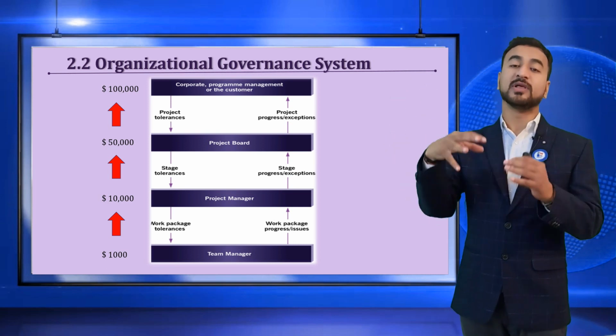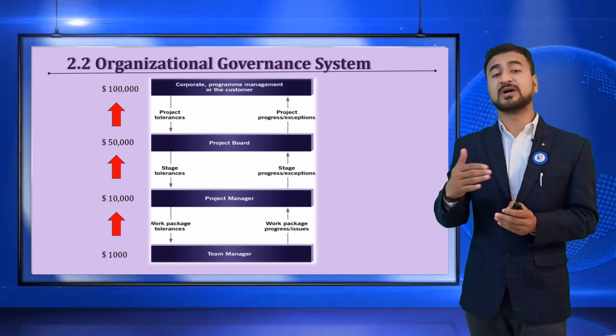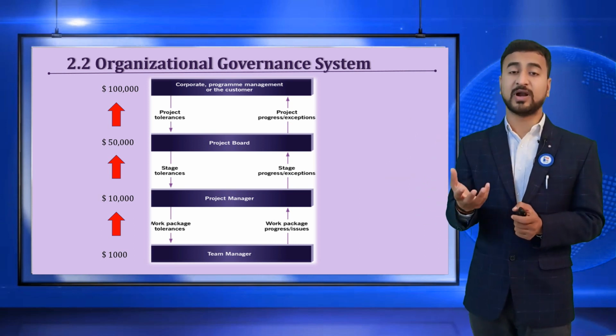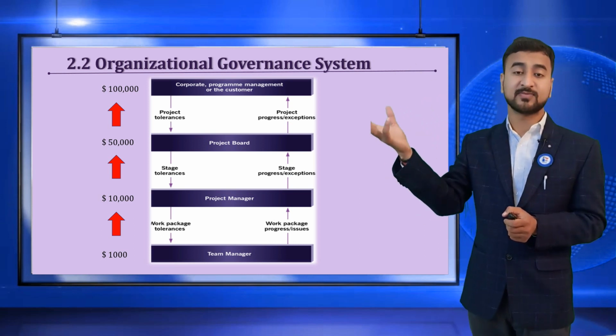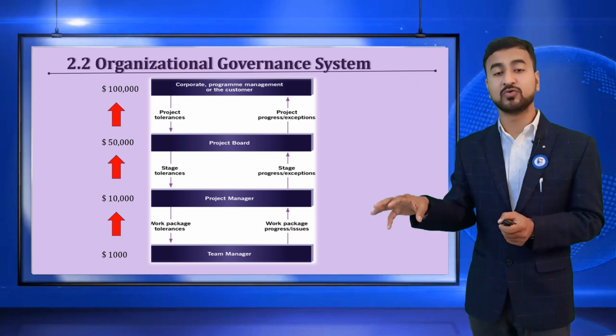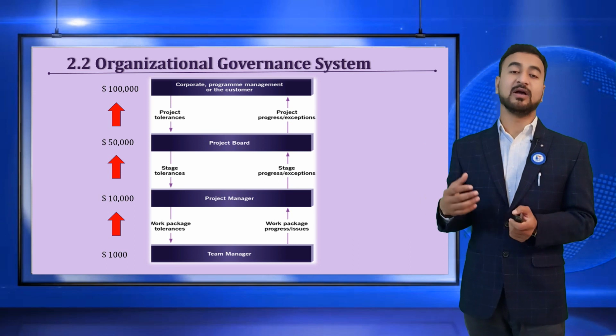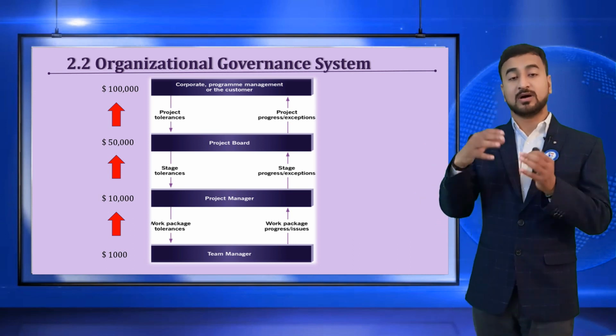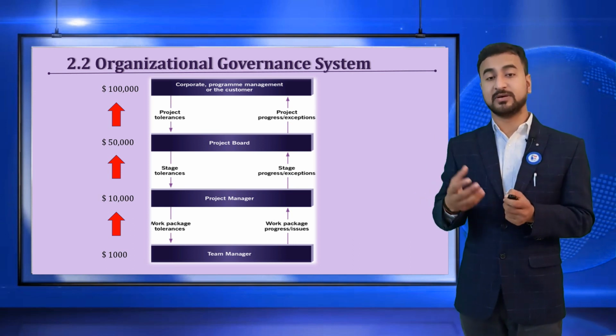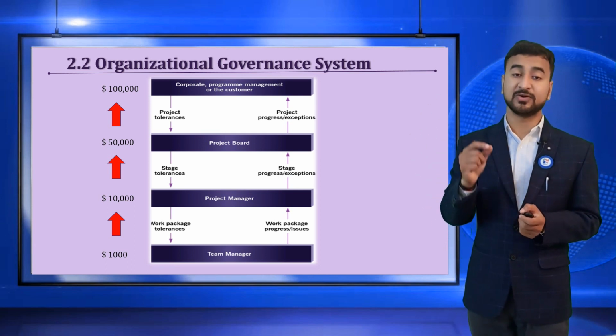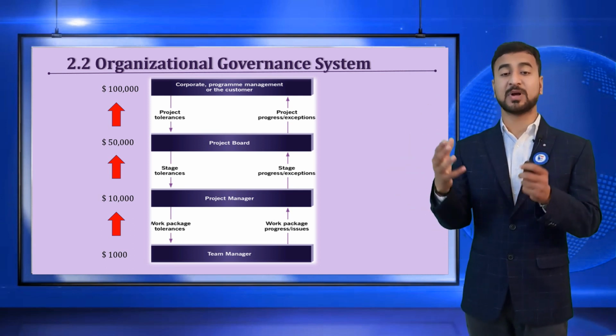This is how the governance mechanism is aligned with other strategies like quality control and other things. What is your governance policy? You have to refer to that and keep it at the back of your mind during project execution, and align with that governance system. So that is the whole idea from PMBOK 7 on this particular topic, the organization governance system, and how we govern a particular project and program.